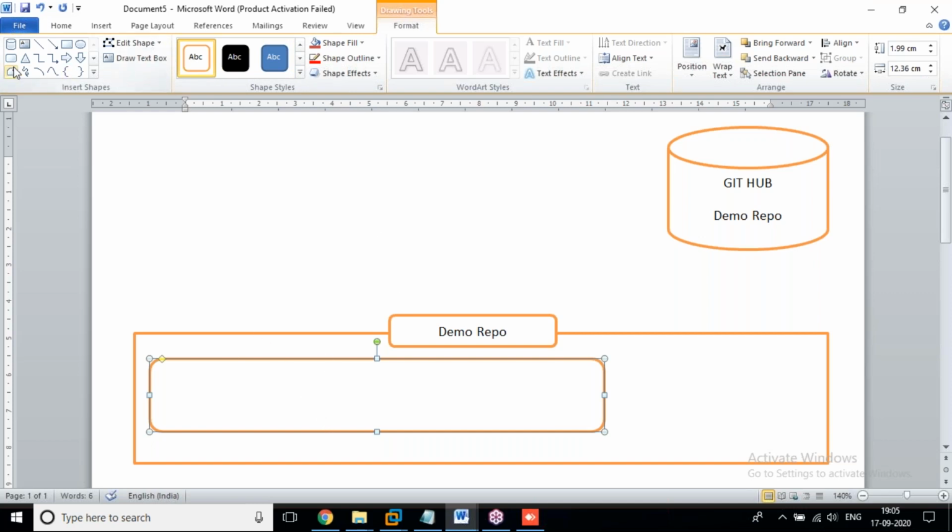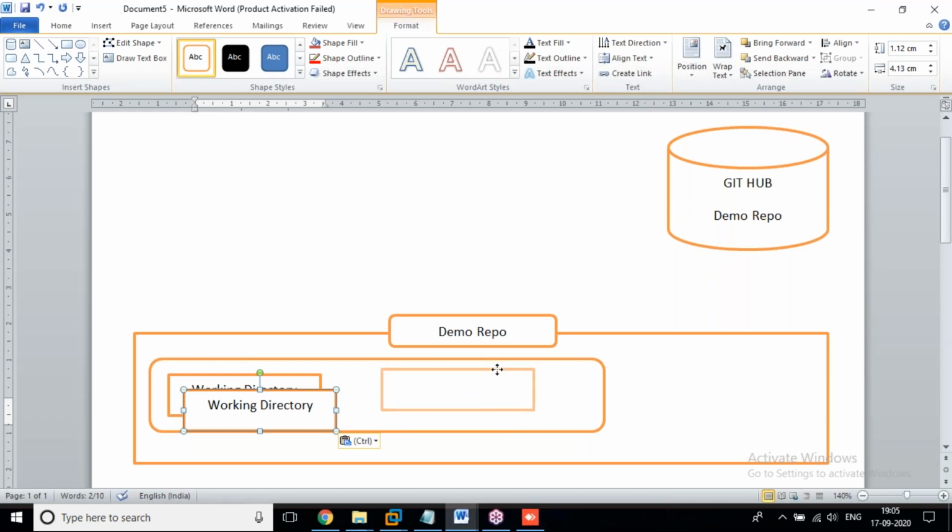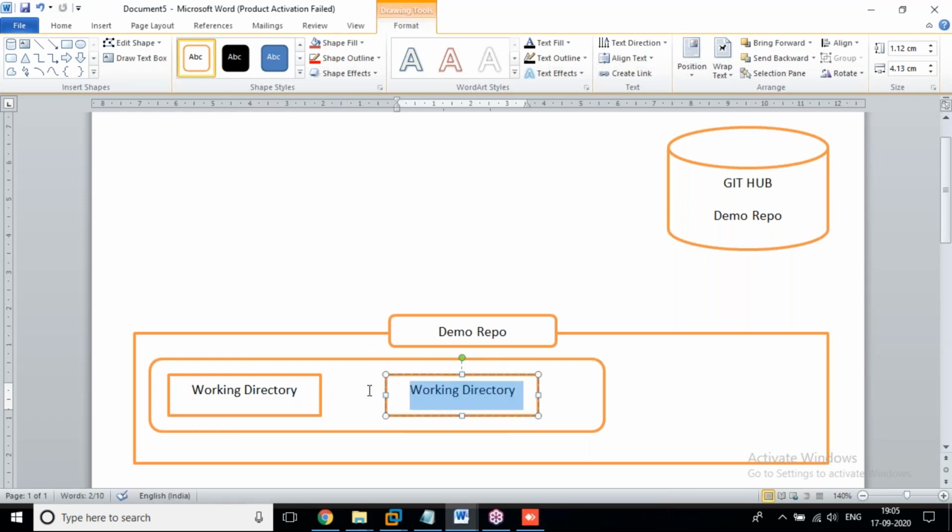Yes, in this working tree we have two virtual layers. One is the working directory, and one more is staging, staging or index.